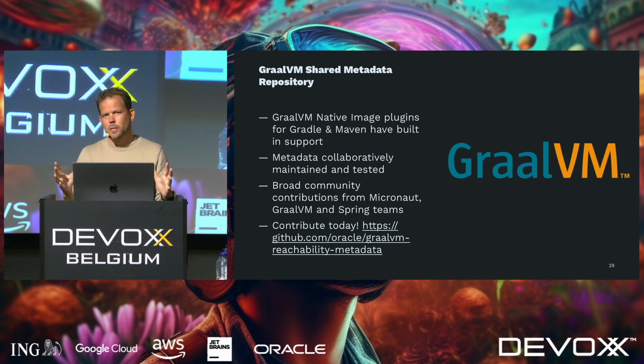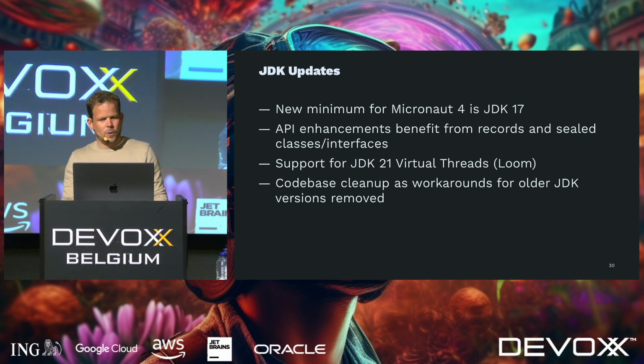And as it happens, that's another big change in Micronaut 4: Micronaut, to align with Spring, moved to runtime initialization for everything, which is an important change, but we did that while still improving startup time. So if we build time initialized more, we could even improve startup time even more, but we haven't, because I think consistency between JIT and native is more important than a few milliseconds of startup time. In terms of JDK updates, we have, like I said, the new minimum version for Micronaut 4 is